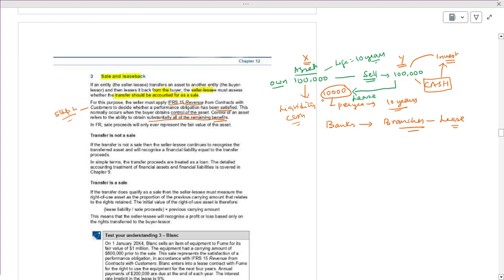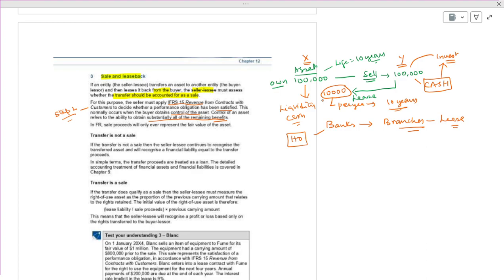As per the regulator, only the head office should be in the bank's name. If the bank owns all the branches,